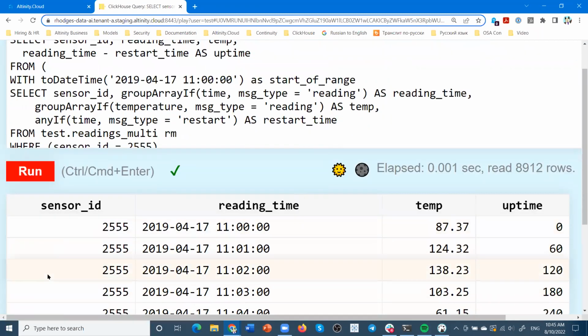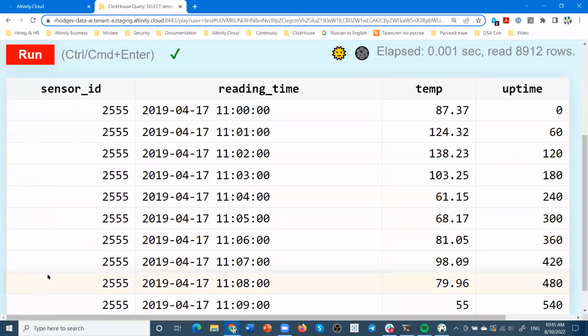And there it is. So we actually have done what effectively amounts to a join, where we see sensor ID 2555. We see the reading times. They're offset by a minute at a time. We can see that we've joined on the restart time, so we're actually computing the time since the last restart, which is the uptime. And there's the temperatures.